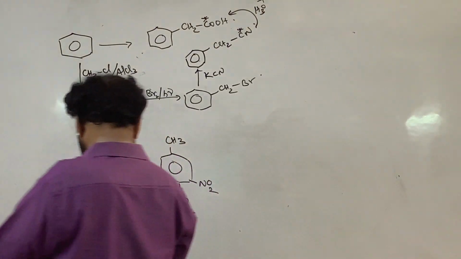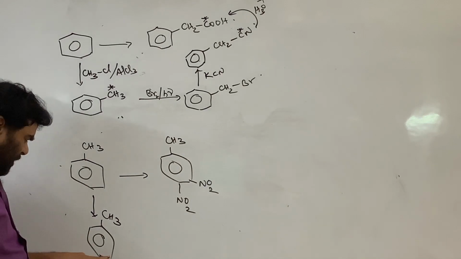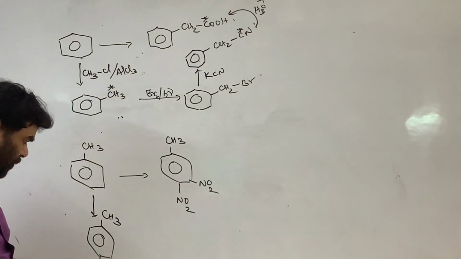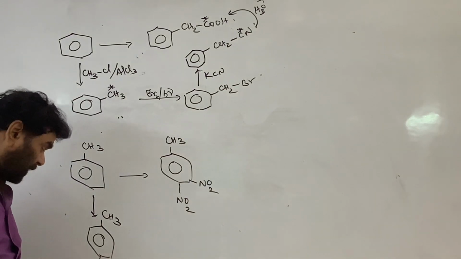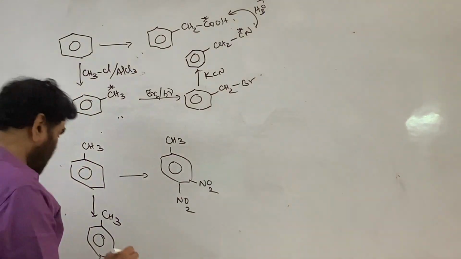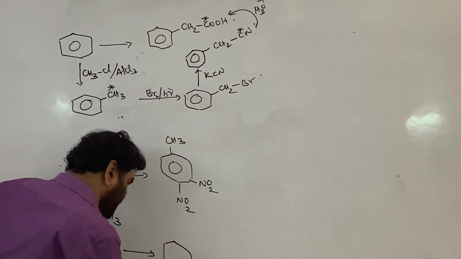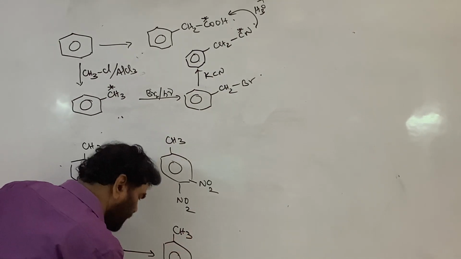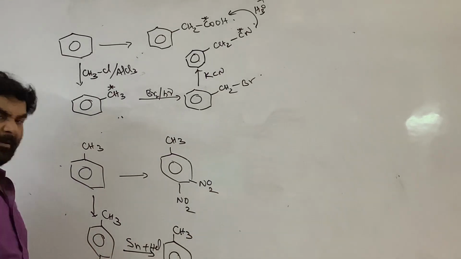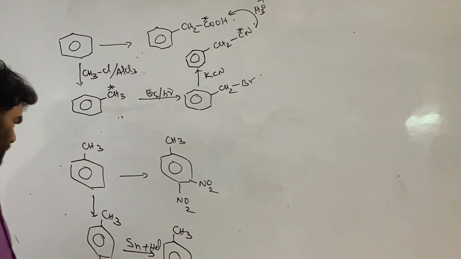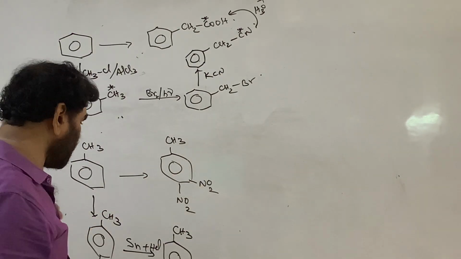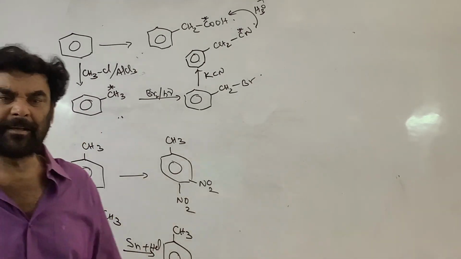See, here the nitro group is present, and the new group is to be introduced here, ortho to the NO2. Therefore, it has to be converted into an ortho-para directing group. Otherwise we cannot carry out the reaction. Now Sn with HCl, metal plus acid, is the reducing agent. Metal cannot do any other work except providing the electrons and making the other species take part in the reduction.